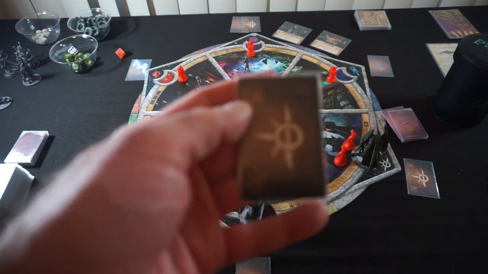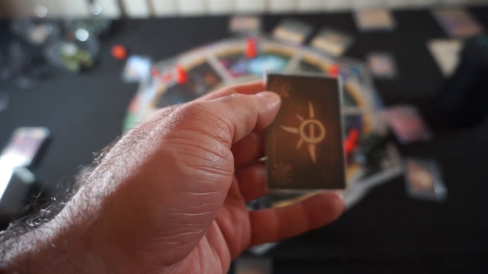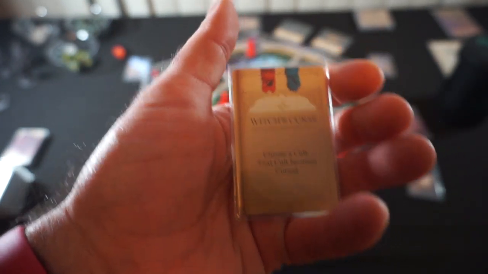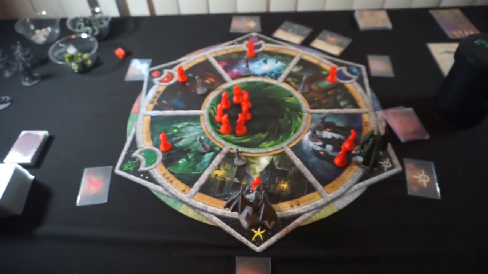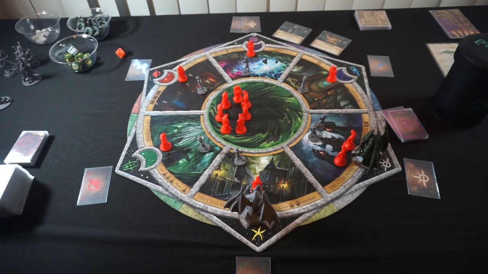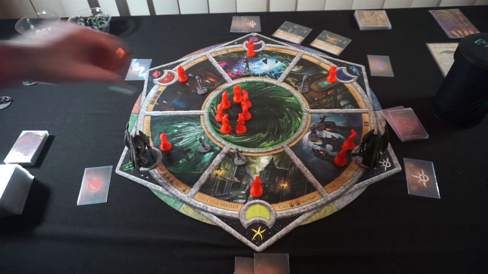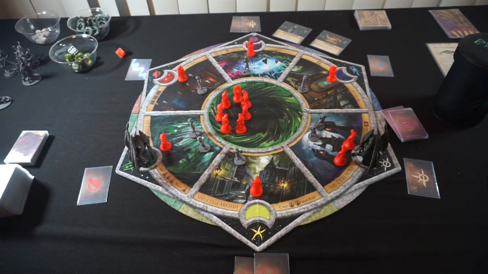Speaking of white, Shub-Niggurath will draw on a white. Witch's Curse. Choosing a cult, that cult becomes cursed. Take a red and a blue. From the streets of Arkham, the investigators will discard a green to move over to the gathering and place an investigator. From the ceremony, then, do I want to use the gate, or